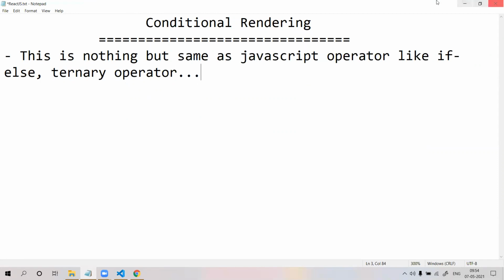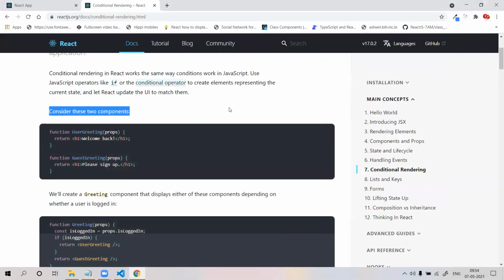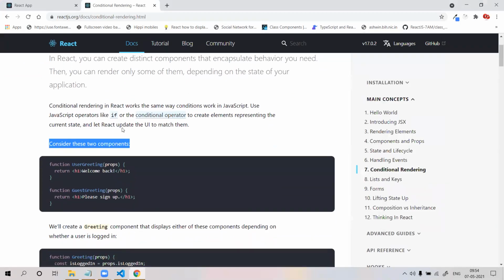Simply, we can say read the official document.